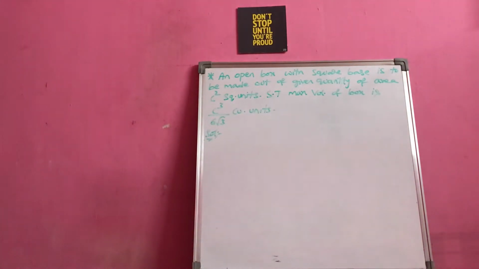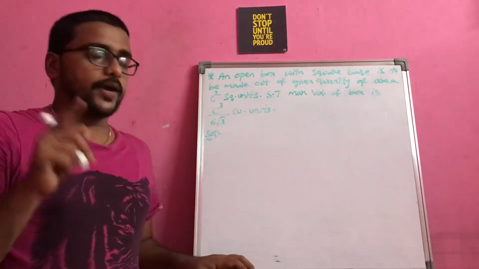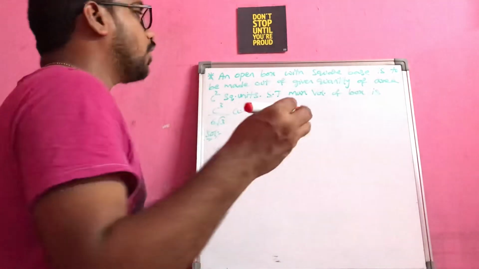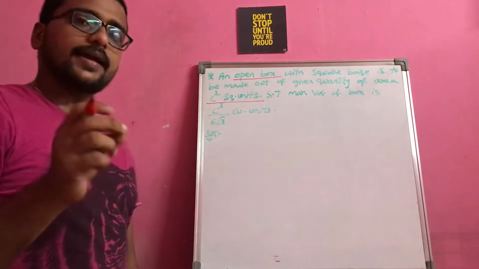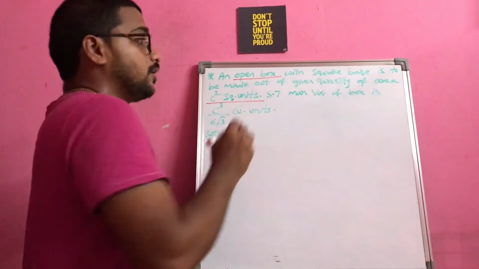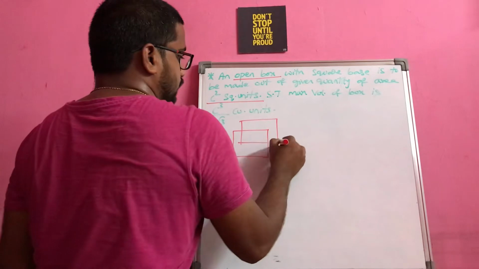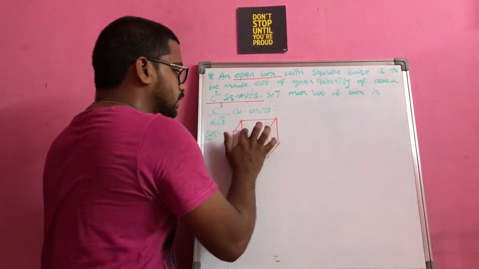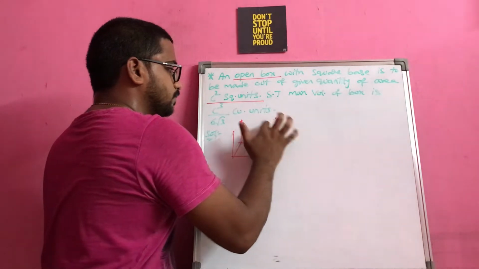I think it is very light. Yeah, I think I had better stop using the green ink. Yeah, see here, an open box with a square base is to be made out of a given quantity of area C square. So what they have given to us: it's an open box, area is C square. That means again they had given you S only, surface area only. But observe this question, it is an open box. So an open box means the top is not there, correct? So whatever this portion is, this is not covered. Like this it is, right?